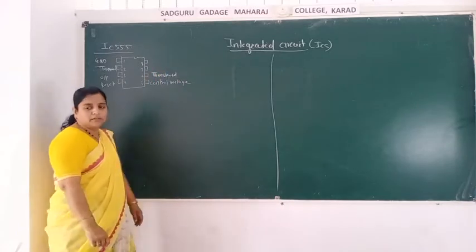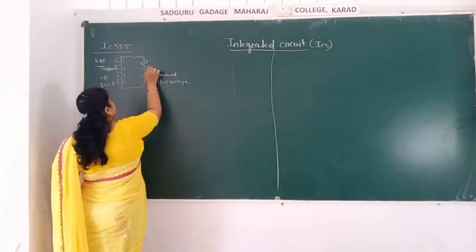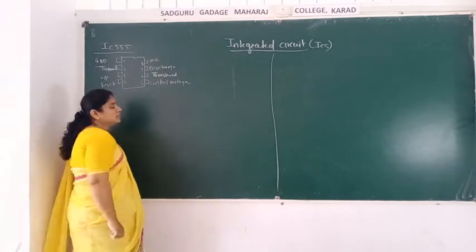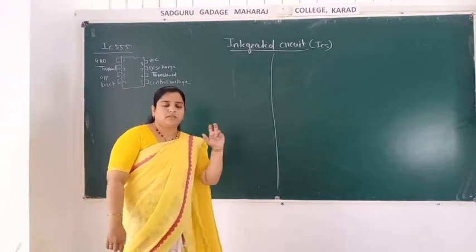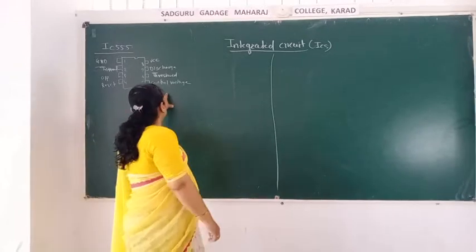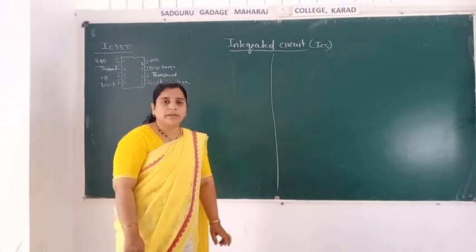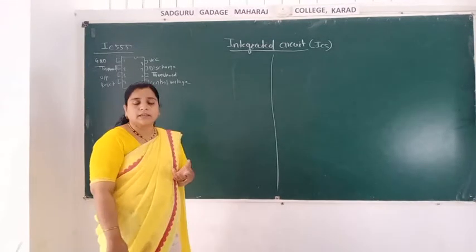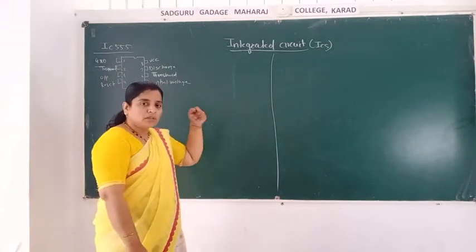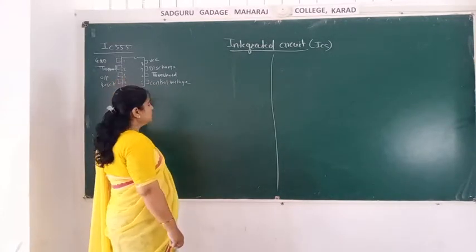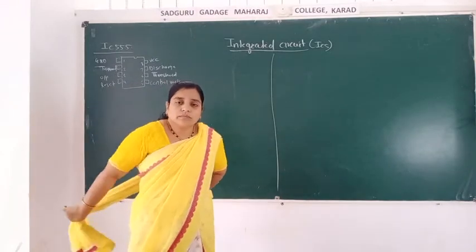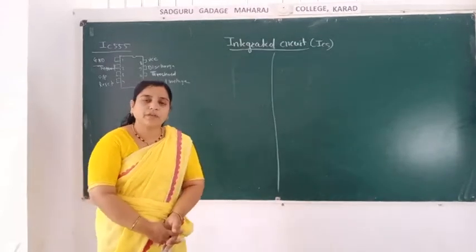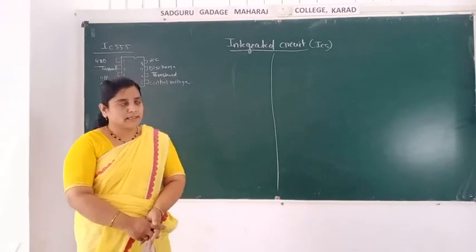At pin number 7 we are getting the discharge, and at pin number 8 we are applying the VCC. So this is the basic pin configuration of the IC 555, which pin gives which function. If you measure the output voltage at pin number 5, you will not get it. For measuring the output voltage, you have to measure it at pin number 3 only. So this is the block diagram of the IC 555. We have also seen the block diagram of IC 555.